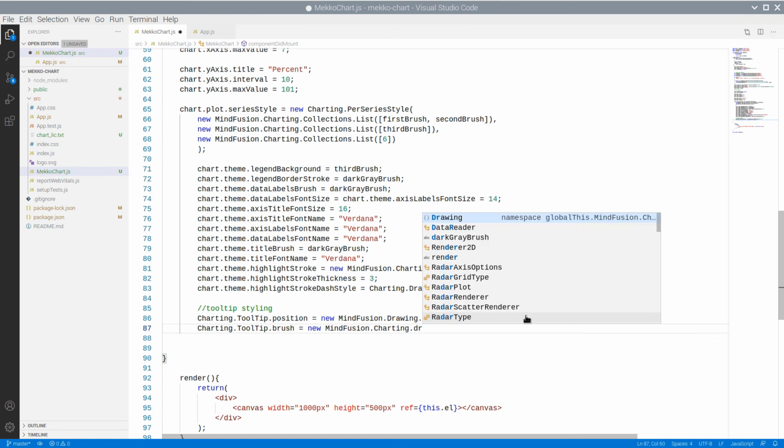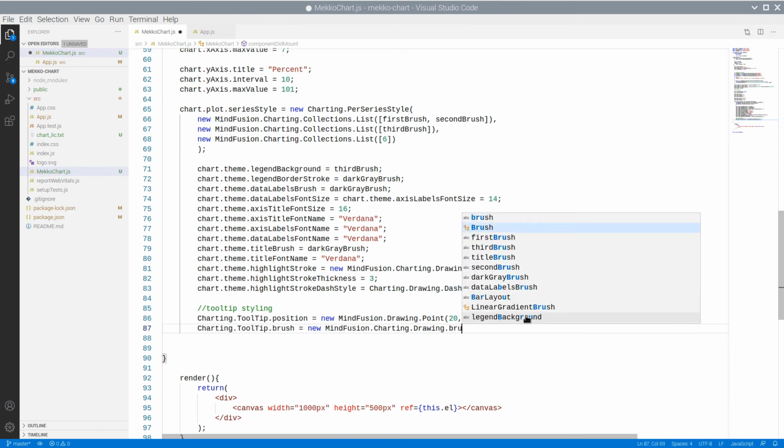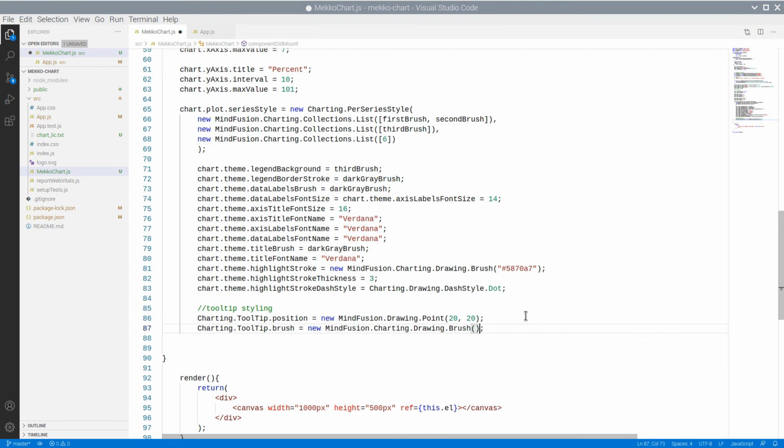We set a light gray brush for the tooltip background and a darker pen as an outlining.